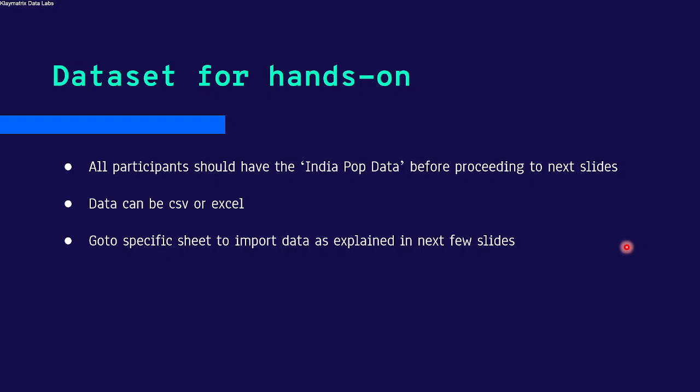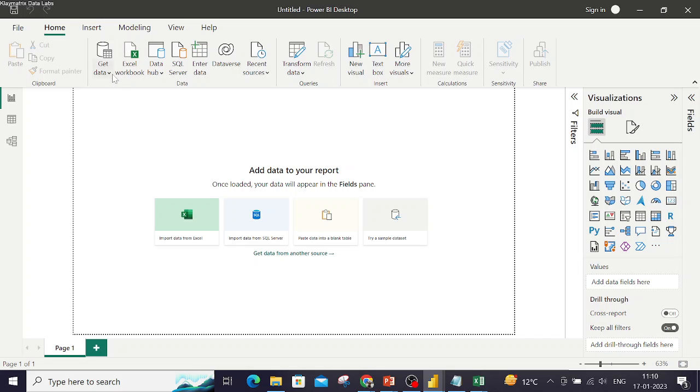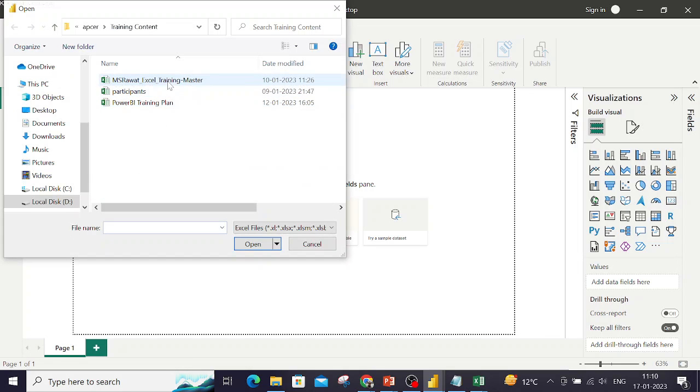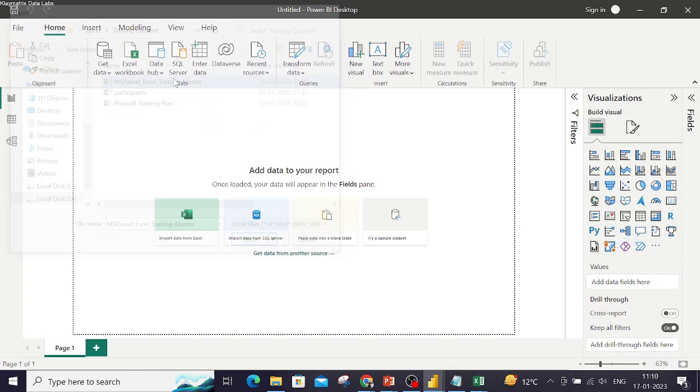Okay. Now, everybody, I hope, has the data set that I had shared before, which had the India state data, right? So what you do is you go to Get Data, go to Excel workbook, and then this is the file you have. Everybody, can you see my screen? Yes. Okay, so I click on this file,